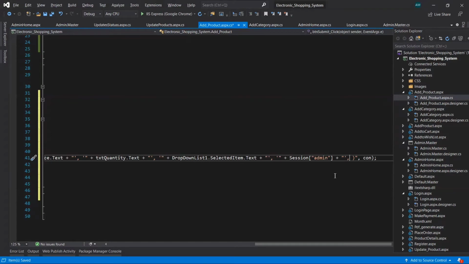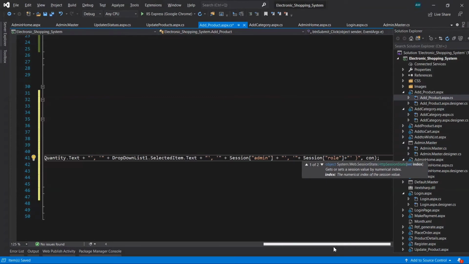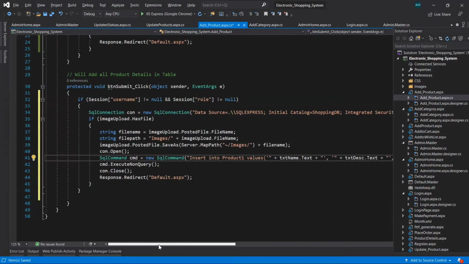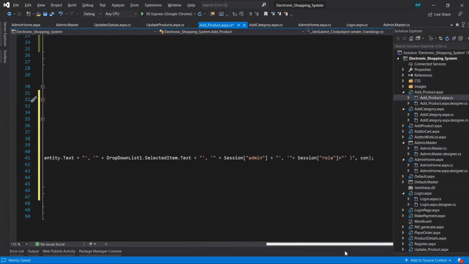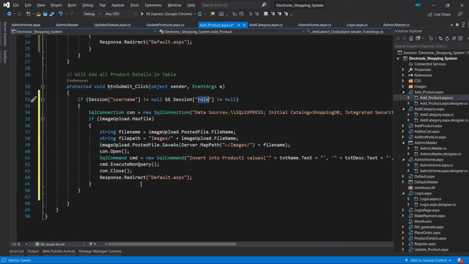So just add that, which will come from this session of role. Let's check the name of the session. It is role. Yes, it's role. So that's it. We have to make changes here.